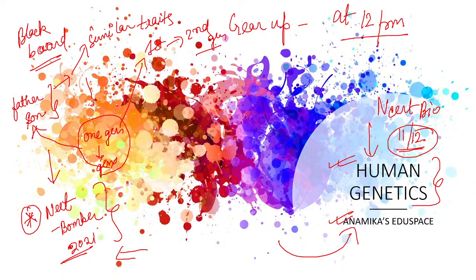Now, genetics is a very easy subject, but it also contains some numericals. If you understand the topic clearly, you will be able to solve the numericals also. So in this whole session, we are going to learn genetics clearly so that it helps you in everyday life, and it also helps you learn everything vividly and clearly. So first let's start with